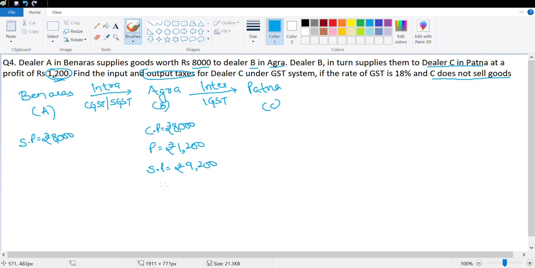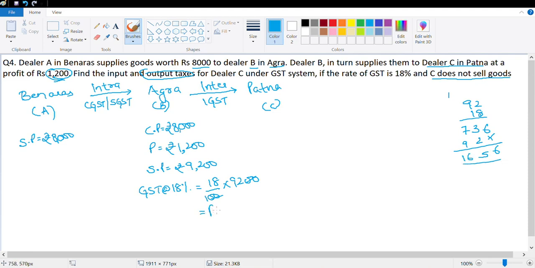And GST is at the rate of 18%, which will be equal to 18 upon 100 into 9,200. This gets cancelled. So what we have is 92 into 18. 8 into 2, 16. 72 plus 1, 73. This is 2. This is 9. 6, 5 and 16. So this is equal to rupees